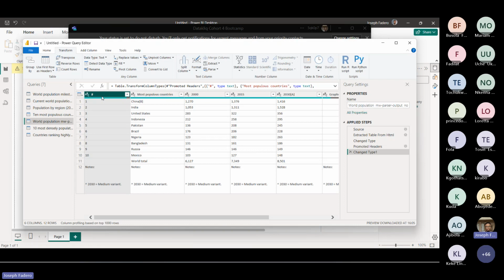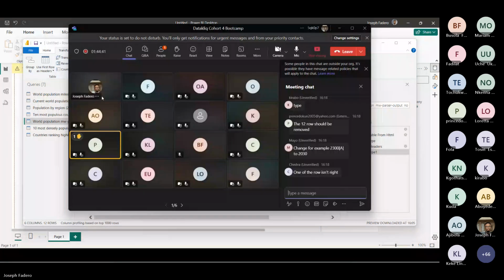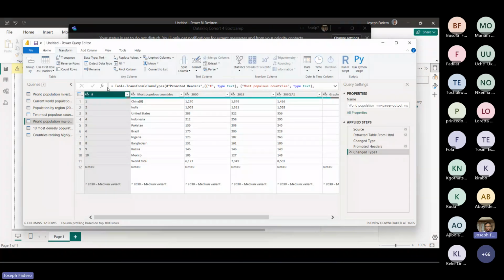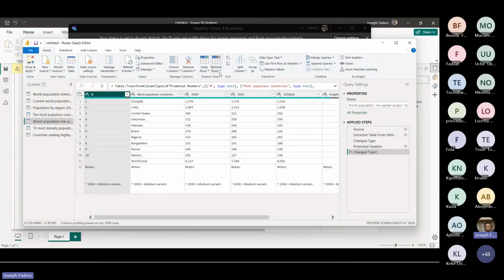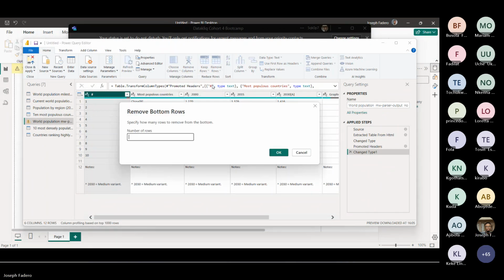Exactly. Under your remove rows tab, you can come to remove bottom rows, and I can specify maybe row 12 or something.